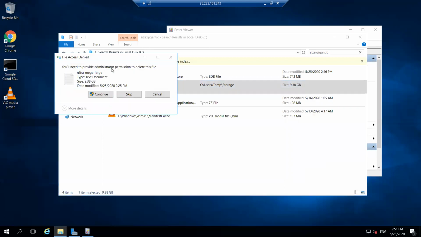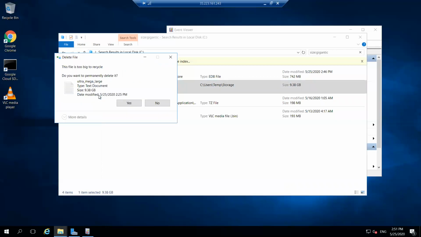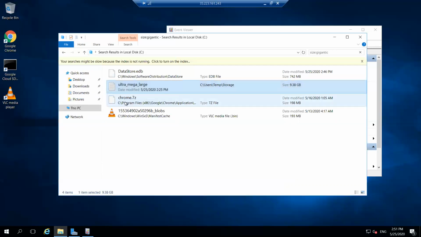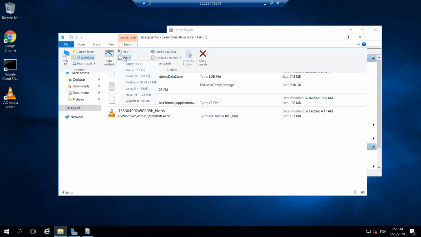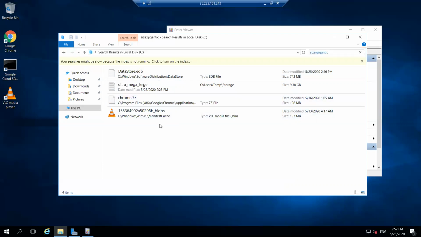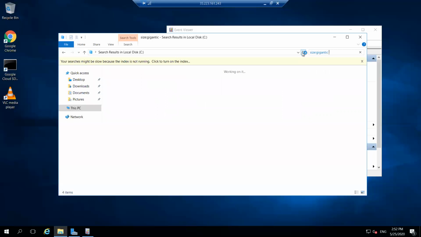Now you will need to provide administrative permission to delete this file, as I have already told you. So don't skip it or cancel it, you have to continue. Okay, do you want to permanently delete? Yes, I want to. So now go to the search option again, size, just to confirm whether the file has been deleted or not. Okay, just refresh it.